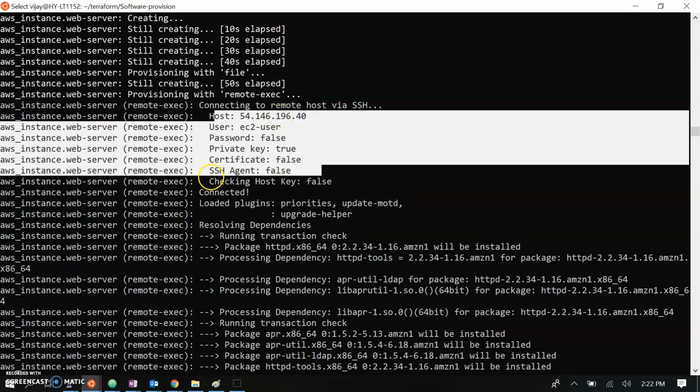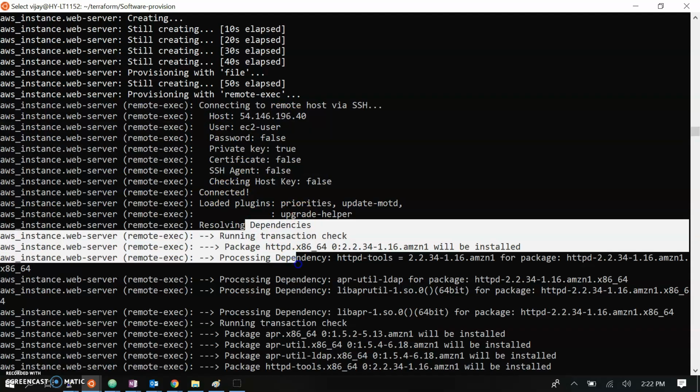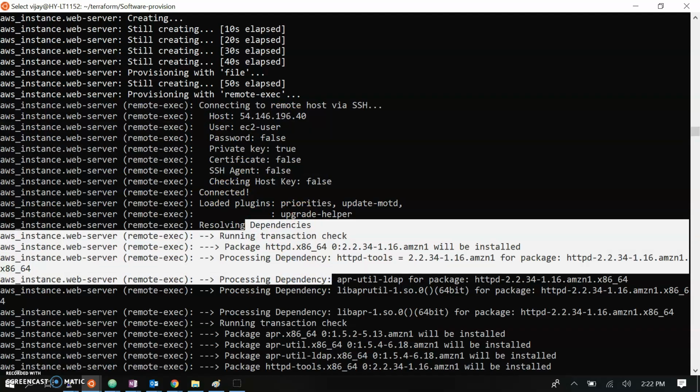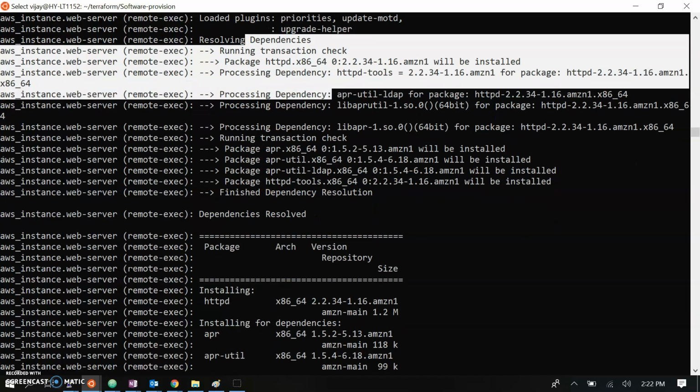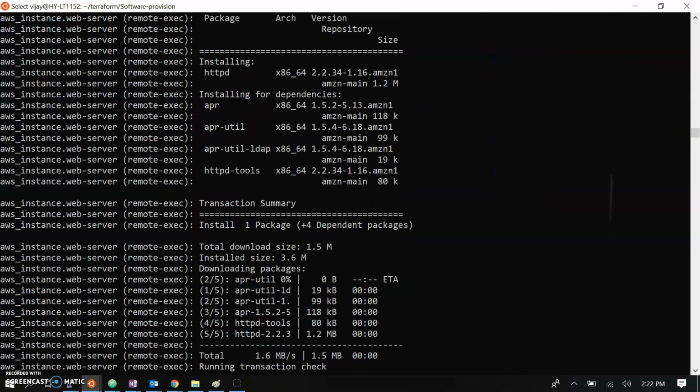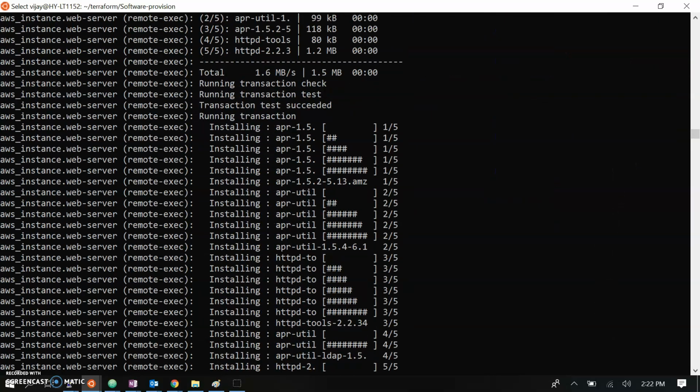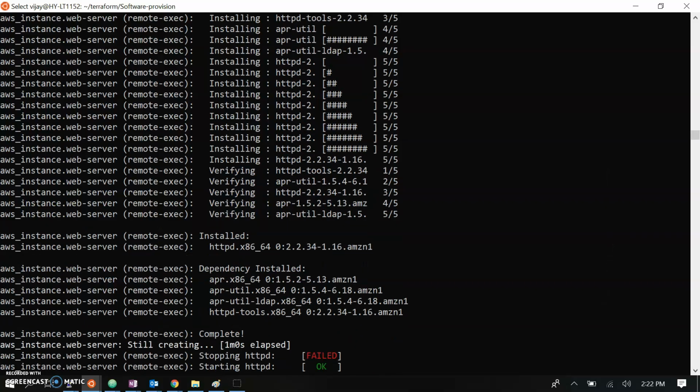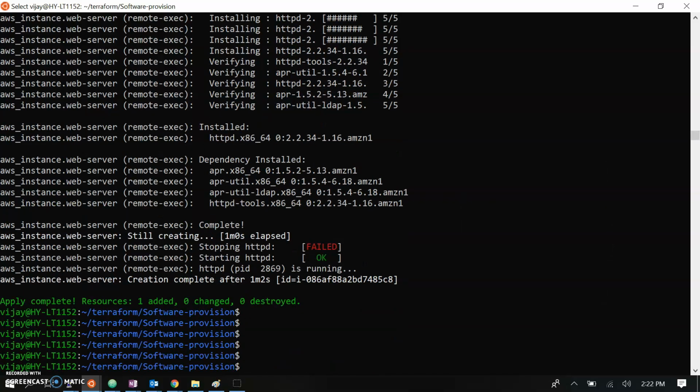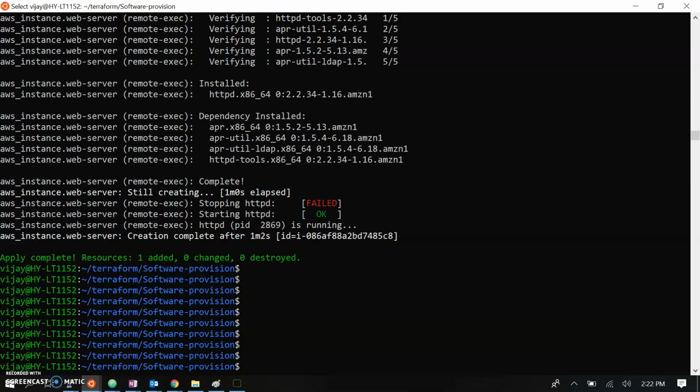Then it reached the connected state. Then it tried the installation of the yum update and HTTP server. So the package is untarred over here, you can see here. And this is my log of the HTTP server configuration, and lastly it restarted my HTTP server, and finally gave the status that the HTTP server is running. So you can see here.